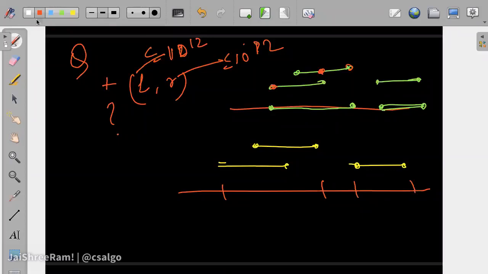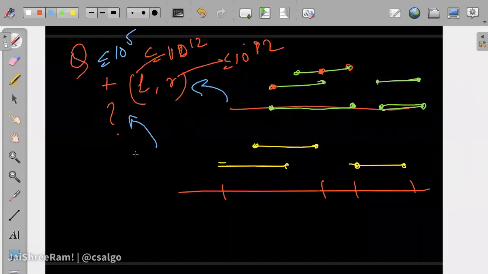In other words, Q is up to 10 to the power 5, so you cannot afford linear time for each query. We want to do better than linear for both of them. There are a lot of linear solutions that you can do, like rebuilding the structure or sweeping through the line. There are different techniques that we will discuss later on, but we need to do better than this.